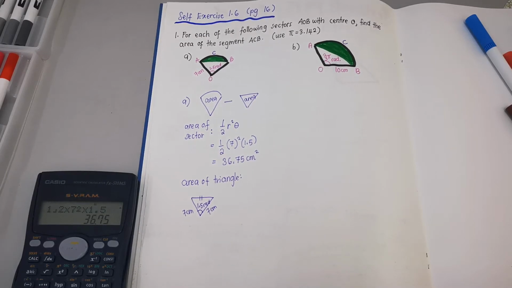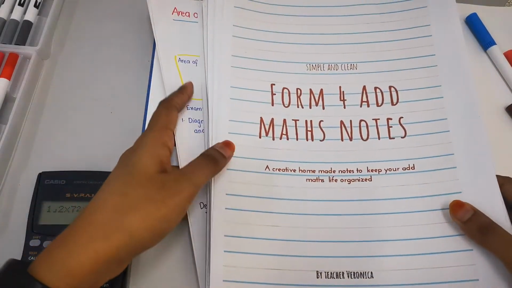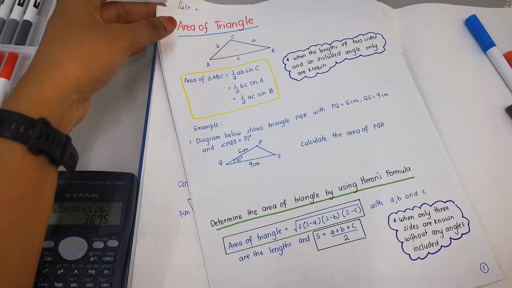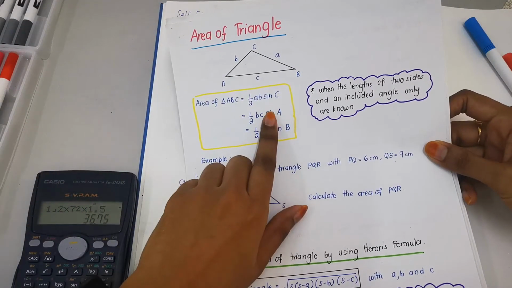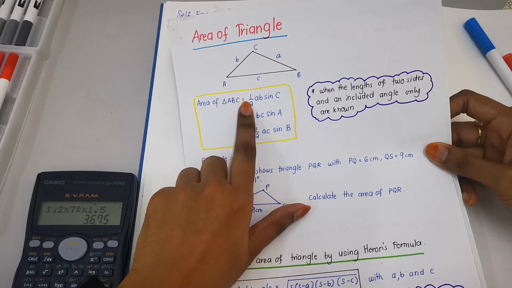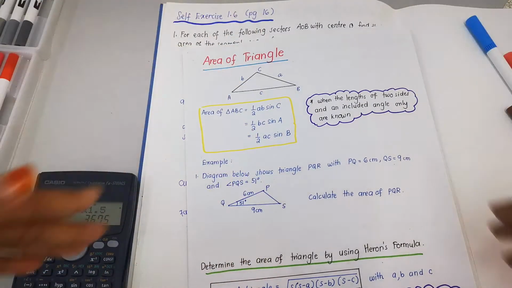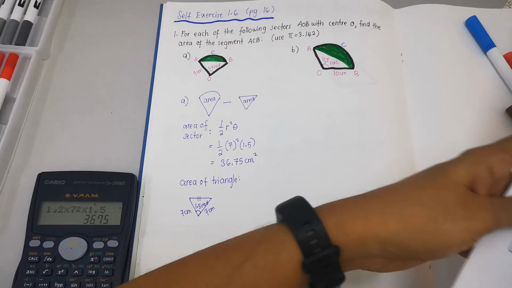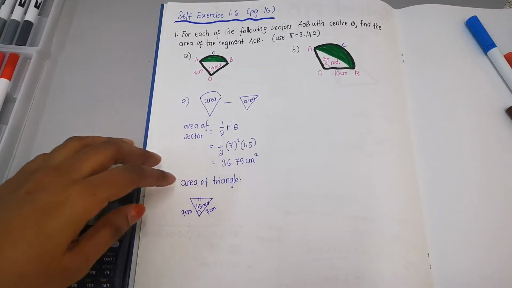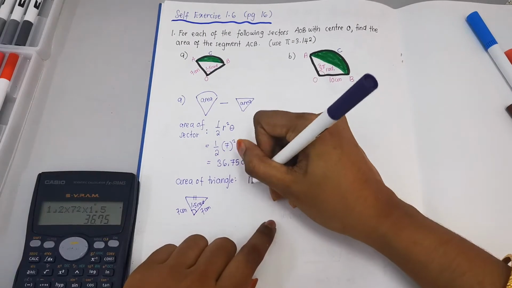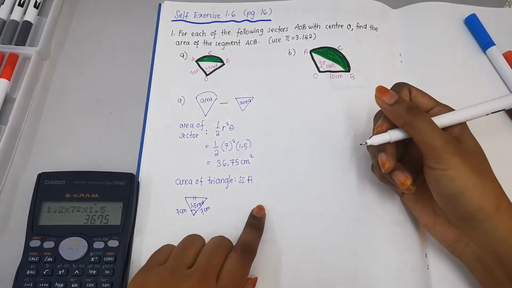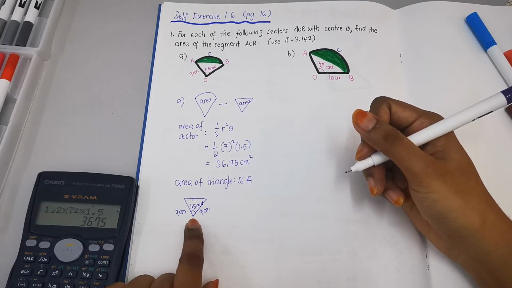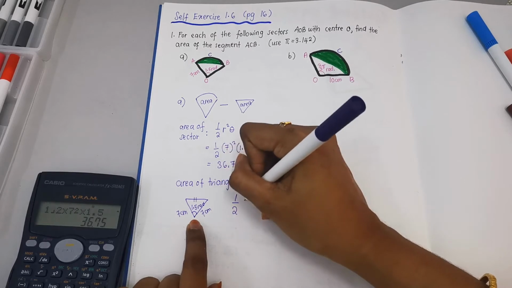If you want to remember, look back to my form 4 addmaths notes. I'm just going to show you the area of triangle again. So this part, we're going to use this. To find the area, I'm going to use 1 over 2 times the two sides and an included angle. So this one we are going to use SAS, not the opposite. SAS, side angle side. I'm going to use this. So the formula is 1 over 2 times the side